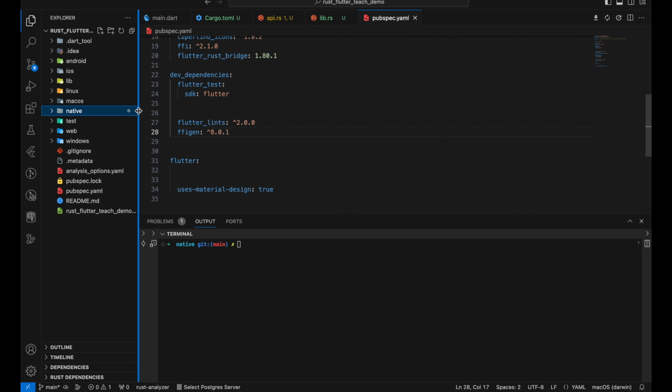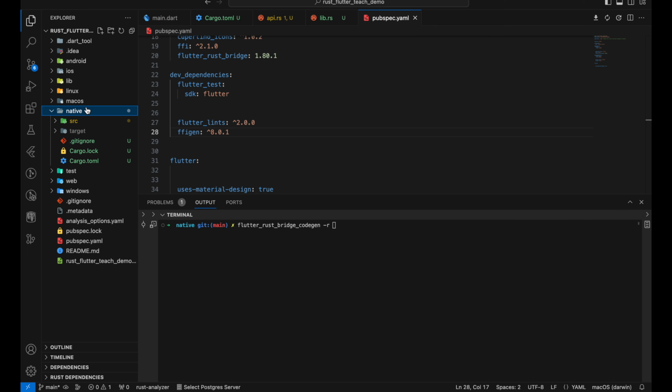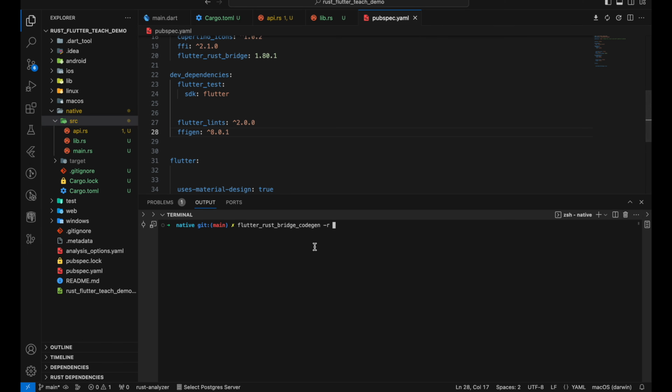So let's go and generate. Use flutter_rust_bridge_codegen, and the -r is the api.rs path, the Rust input path. It should be inside src/api.rs. We are right now inside native, so we can call it directly with src/api.rs.